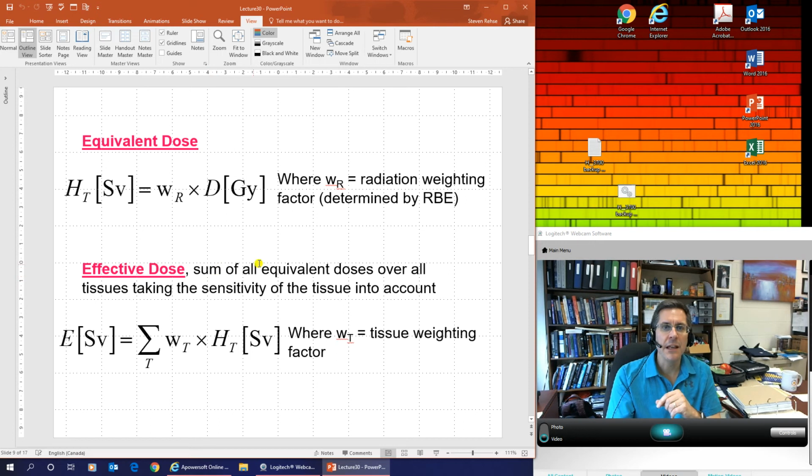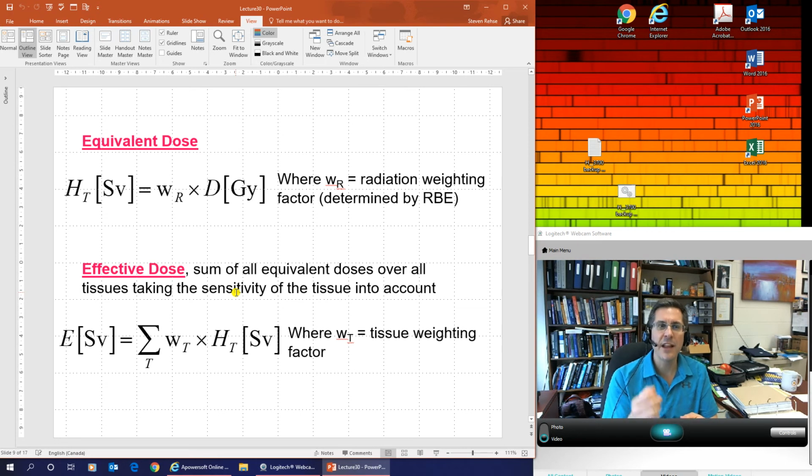The effective dose is the sum of all the equivalent doses over all the tissues, taking the sensitivity of the tissue into account. So to get an effective dose, you just take that equivalent dose, which is H in sieverts, and you multiply it by the tissue weighting factor, that WT from that previous graph. And then if you were getting like a chest x-ray, it would be how much equivalent dose do your lungs get times the tissue weighting factor of the lungs, plus, that's why there's a summation sign there, plus how much equivalent dose does your heart get times the tissue weighting factor of your heart, plus the equivalent dose that your thyroid gets times the tissue weighting factor of the thyroid, and you sum all those up to get an effective